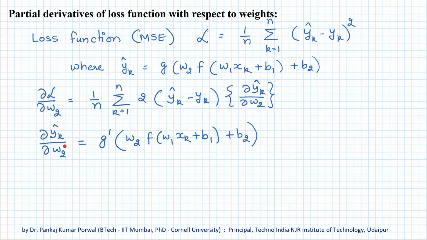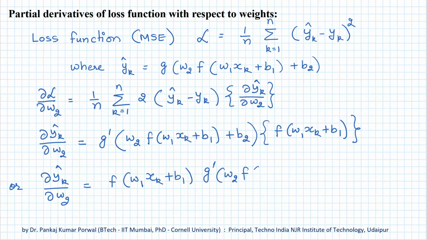Now because we are finding the partial derivative with respect to W2, W1 and B1 are constant. So f of W1 xk plus B1 will be constant with respect to W2. So into, and the derivative of this W2 will be just 1. So into f of W1 xk plus B1, plus the partial derivative of B2 with respect to W2, which will be 0, so I'll skip that. So del yk hat del W2 will be equal to,